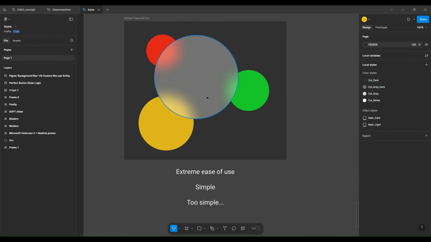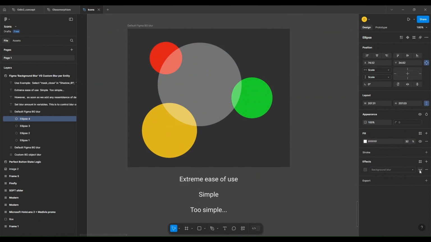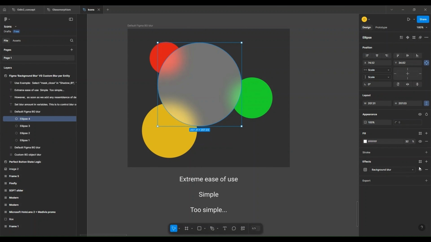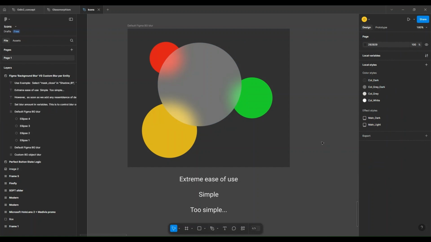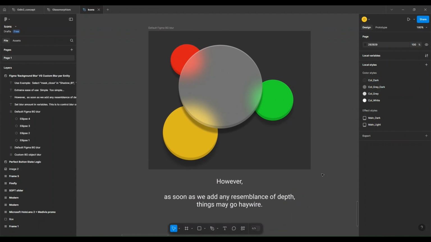So just default Figma's background blur, nothing more there. It's extremely easy to use. You just add it right here and set the blur amount. That's it. Really simple, but it is too simple